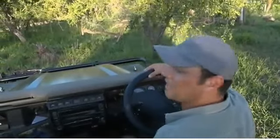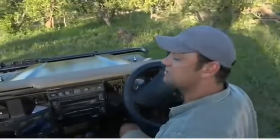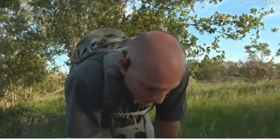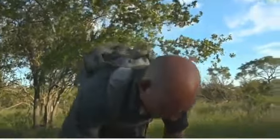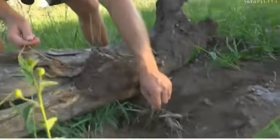Now, tadpoles and frogs seem to be the order of the day today. Chatting about it a lot. And Stef has found a frog. Let's see which one it is. The top of my head may resemble a frog, but it isn't the frog that I want to show you. While we were waiting for you, this particular female frog has dug herself into the sand. Now I want to see if I can show her to you, only because they're quite rare to see, but I'm going to try and do it without disturbing her too much. So right here, and also without getting bitten by a violin spider, right here underneath the sand